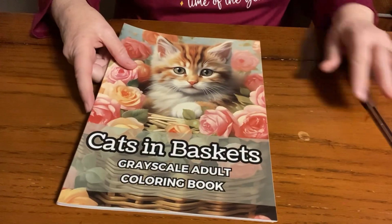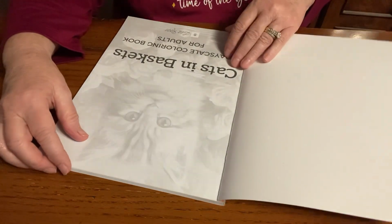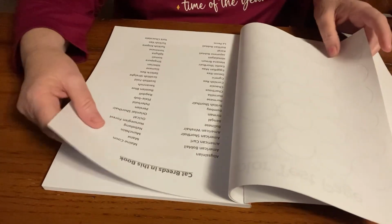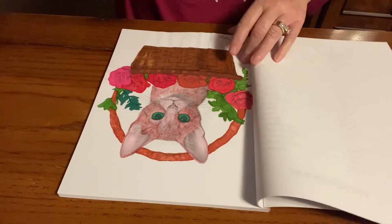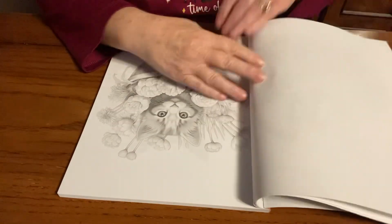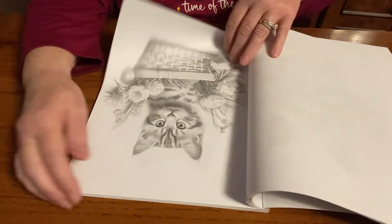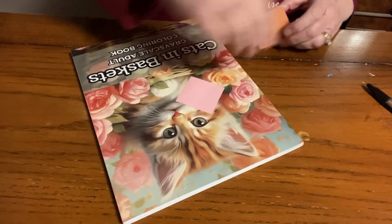And then the last but not least is Cats in Baskets. And no artist given on this one. Oh, Leah Rose. Okay. Cat breeds in this book. Wow. Okay, I did that one. There's one. I have a feeling that's the only one I did in here. But I could be wrong. But I'm not. I know it's just one. Okay, so there it is. There's the last one. I've got another 35 books